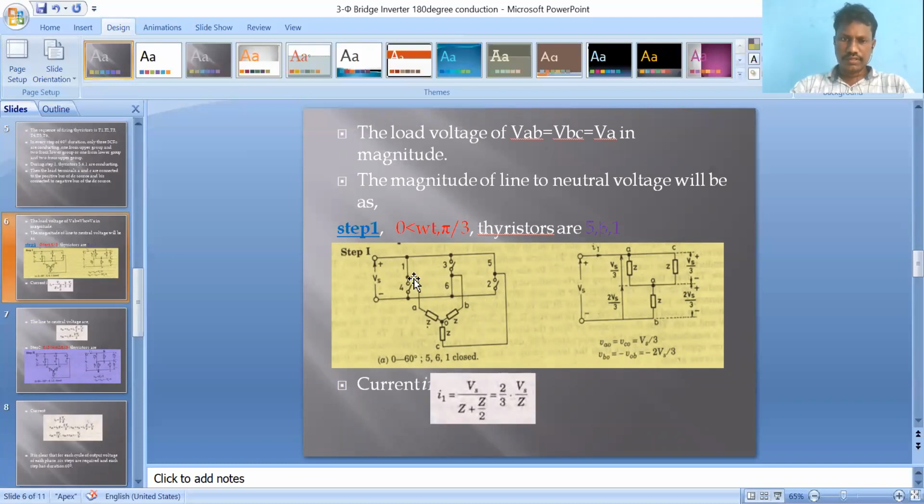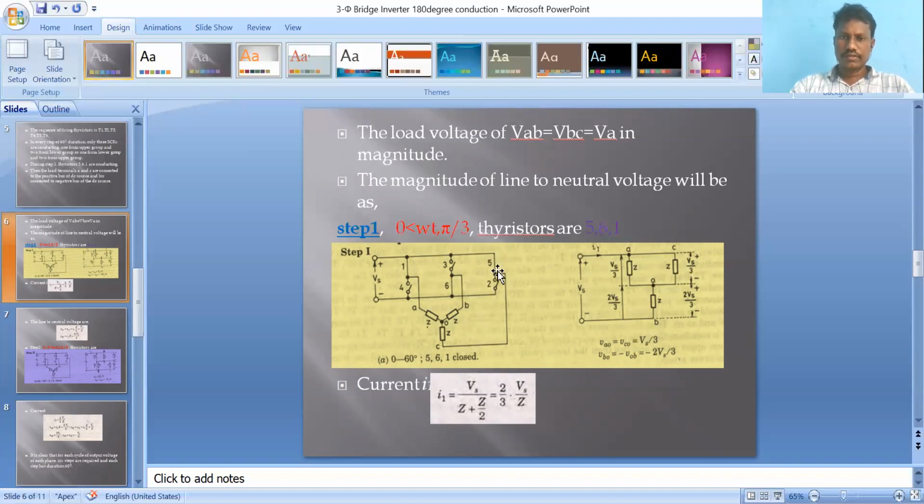Here three terminals A, B, C. Let us take plus VDC. The A terminal and the C terminal are connected together, where O indicates neutral. A is connected through impedance Z to the O terminal, and again O to C, impedance Z connected to the C terminal. And the B terminal is connected through another impedance Z to the O terminal. So this is the diagram. Clear?